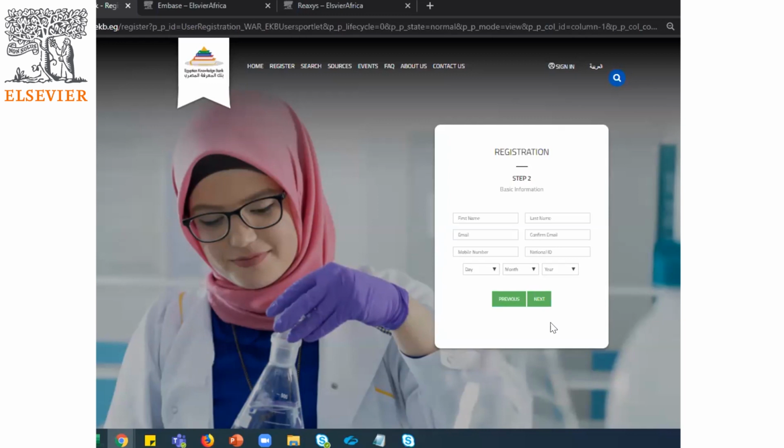Also, you'll find that during the entire registration process, you did not insert a password. You will be sent a password that will be used only one time. So when I register, my confirmation email has a one-time password that I will need to use to confirm my registration. Once I confirm my registration, I can put in the password I would need to use.